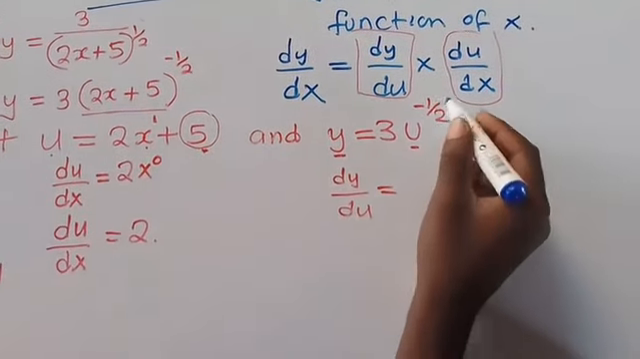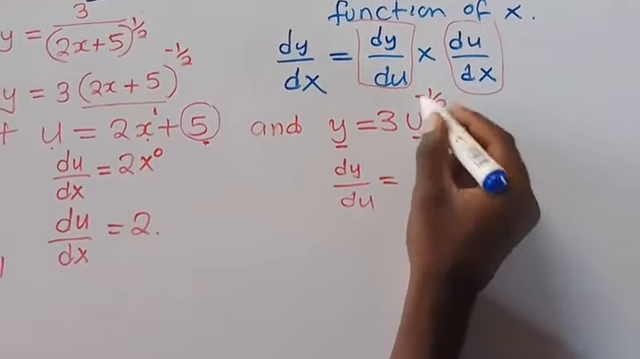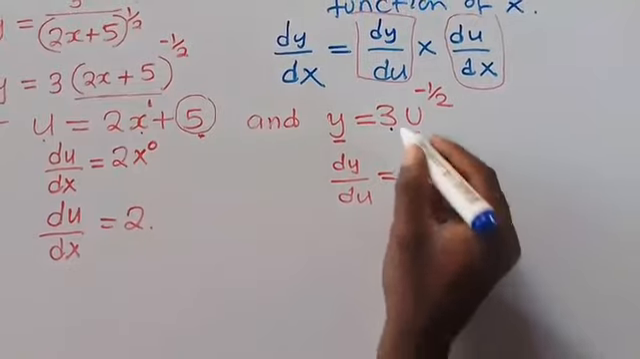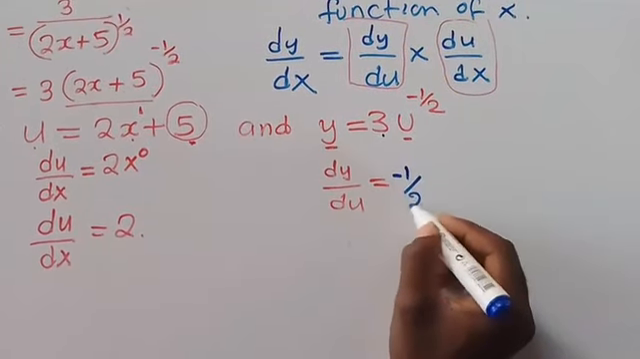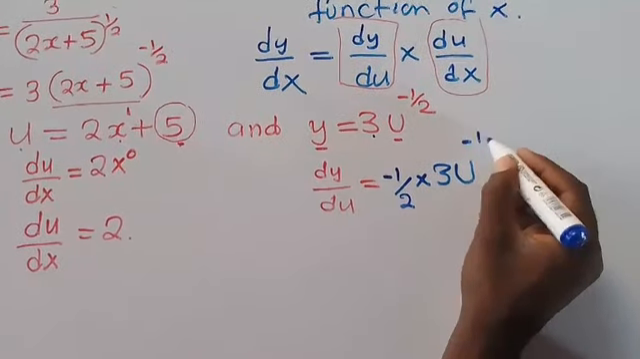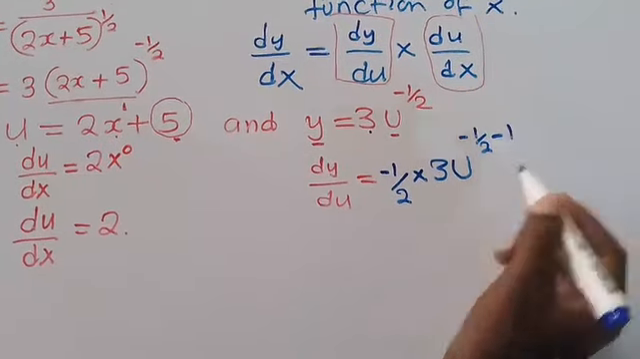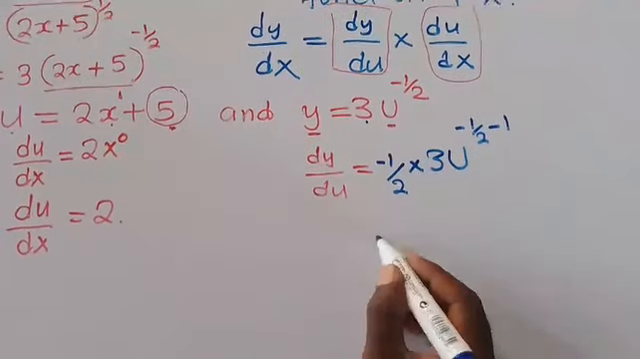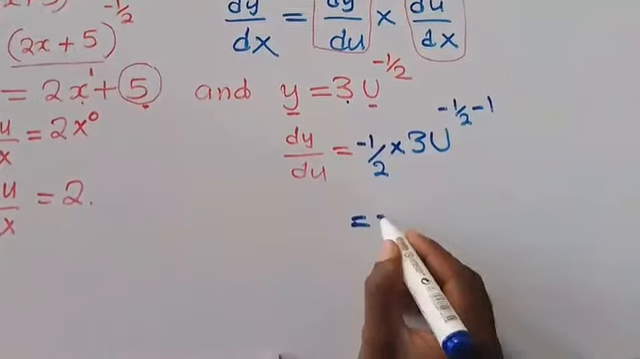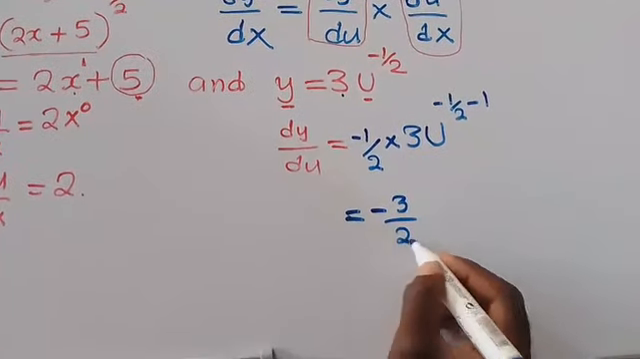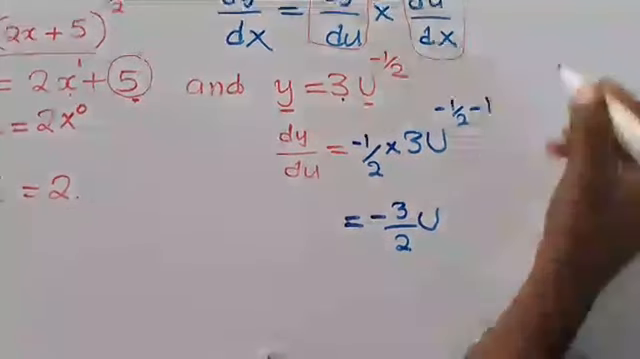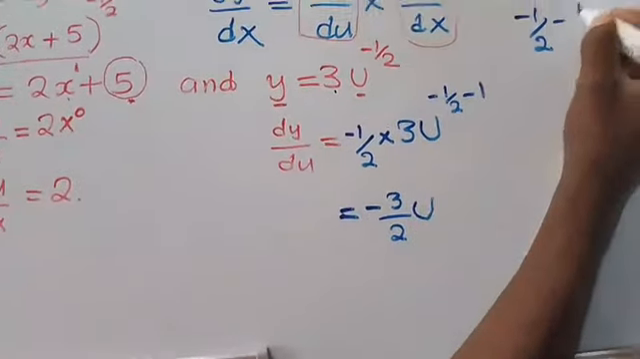So I get to multiply. This is the power here. So I'm multiplying the power with the coefficient. So I'm saying the power is negative 1 over 2 multiplied by 3, like this. Then u to the power negative 1 over 2 minus 1, like this. Which is just the same as this. So this multiplied by that is negative 3 over 2 u, when I work out this one, so negative 1 over 2 minus 1, here 1,